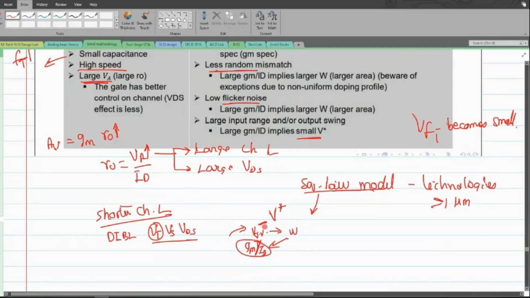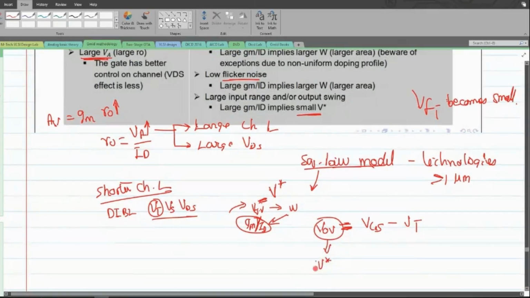Still it is not equal to VOV, because in general VOV is defined as VGS minus VT, and in this expression the VT is no more constant. So in order to counteract this issue, people tend to replace this VOV with a different name, labeled as V star. Again we can relate V star as a replacement variable for the VOV. The reason is that people from the beginning started building intuition in using VOV as a variable, so we want to find a mechanism to convert this GM over ID value in terms of a VOV.